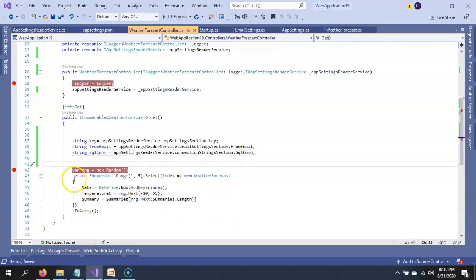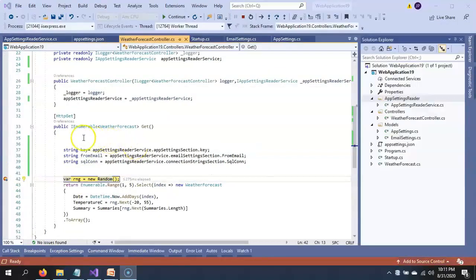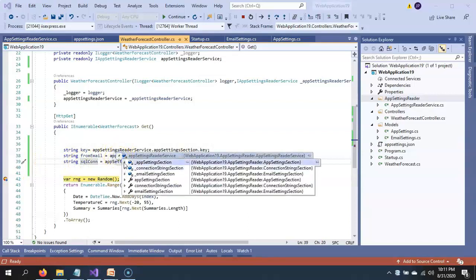That's it. So let's run, and I have put a debug point here. Okay, so you can see that we are getting all the properties from appsettings using the AppSettingReaderService class.